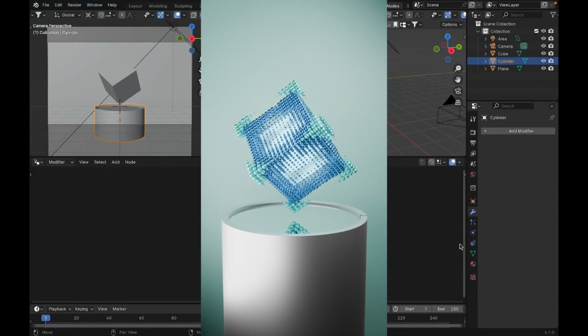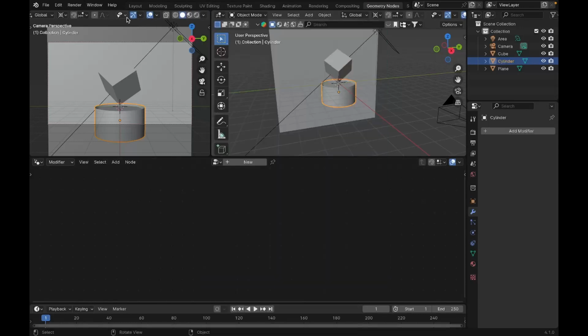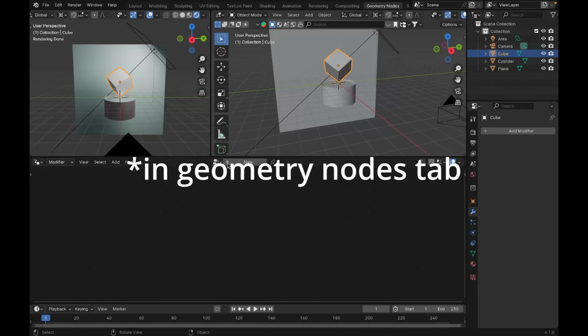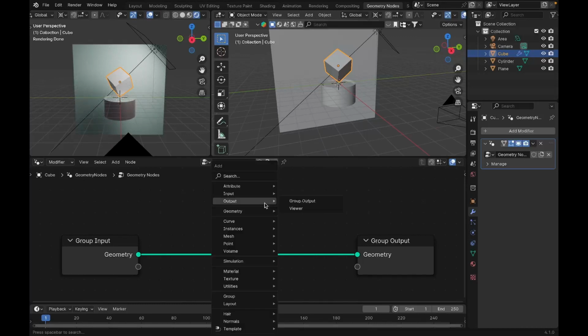So in this tutorial we'll be creating this. As of now I have a simple scene setup over here. We'll use this default cube for the tutorial. So select the cube and press on new so that we get this node, and we'll add a